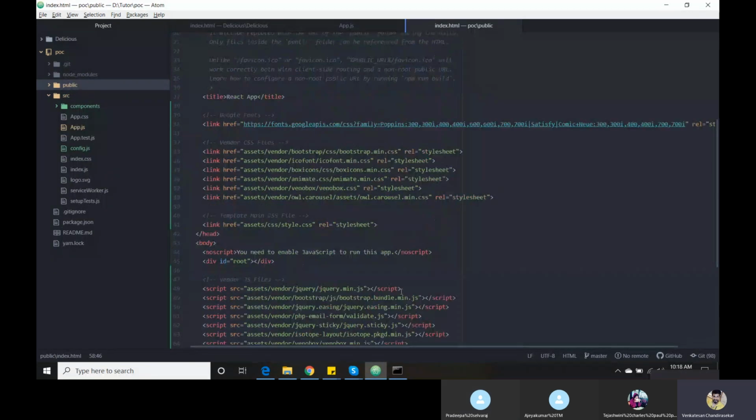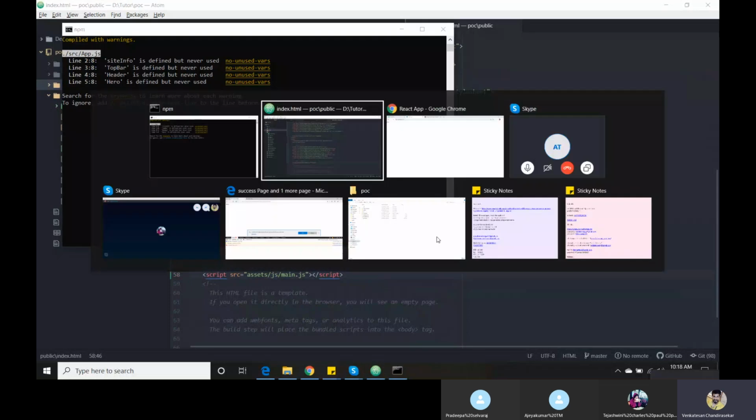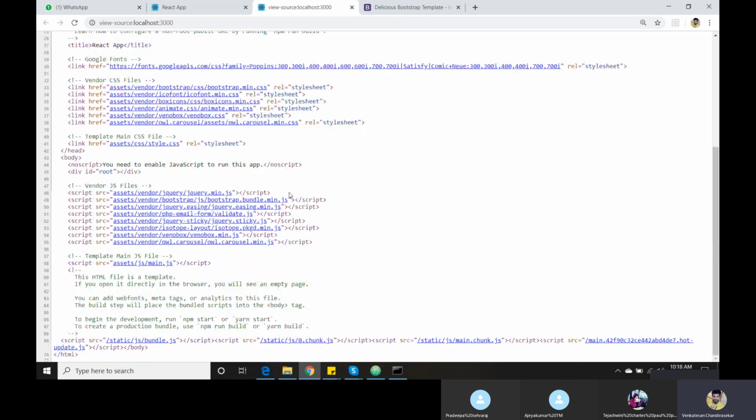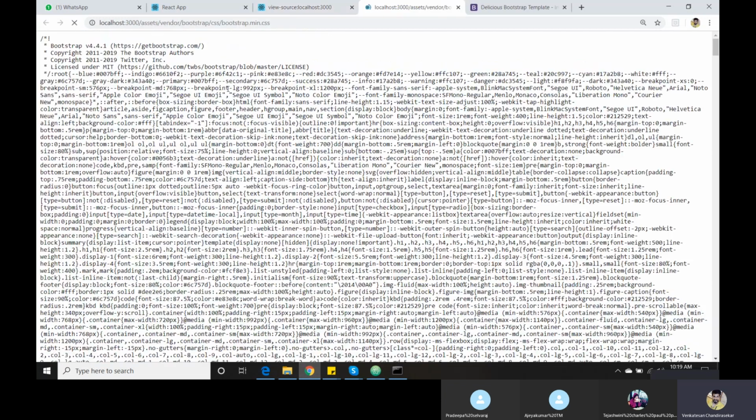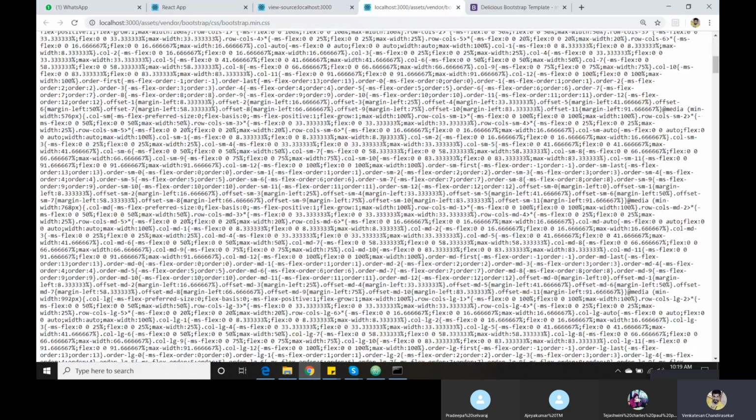Once we copied our CSS and JS stuff, we need to ensure whether the CSS and JS files are correctly imported in our React JS. That's the reason we have a view page source command here. If you right click and view page source, it will show your complete files. Inside we have assets. If you click it, then it will use the proper one. This is the CSS we have included. If you check in your folder, it also shows the same code.